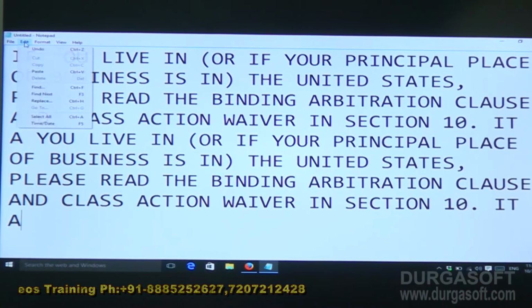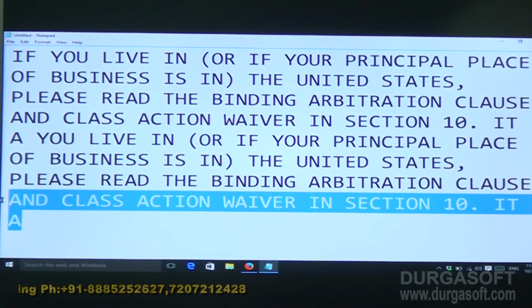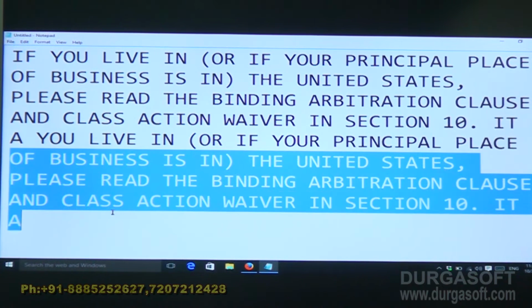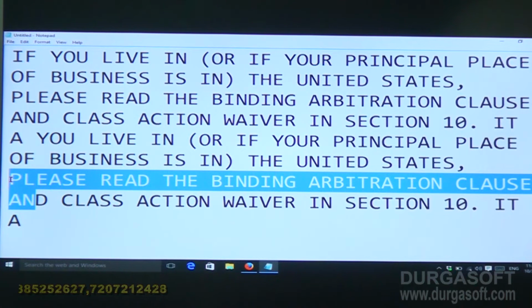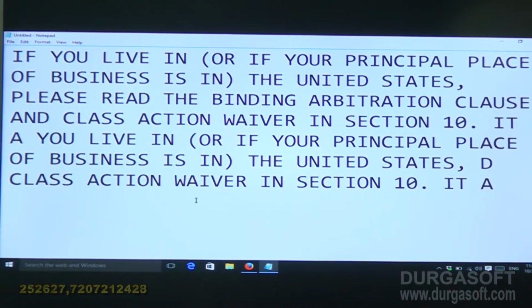And now the difference is for cut. Cut is different from copy. If you select any document and press Ctrl+X, whatever you have cut will be deleted, and again if you want to paste,